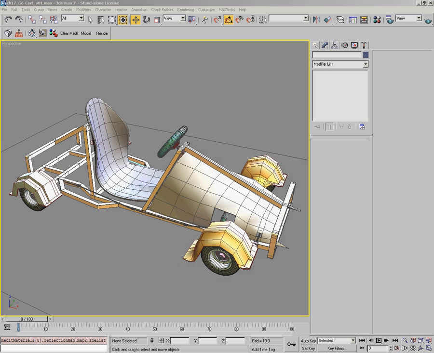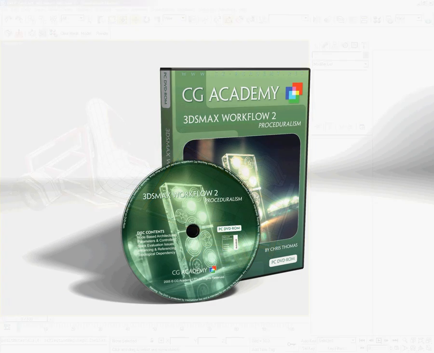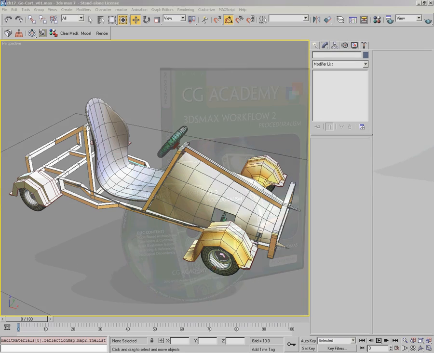It's a pretty complex topic, and we have an entire DVD dedicated to it. It's our second workflow DVD, which is titled Proceduralism. So if you want to find out more about this, then please watch that DVD, as it gives a really thorough explanation of proceduralism and the implications of it and so on. But what I'm going to do in this chapter, I'm going to model one part of this go-kart using a procedural technique, and it'll give you an insight into why it's such a useful technique to use in your workflow